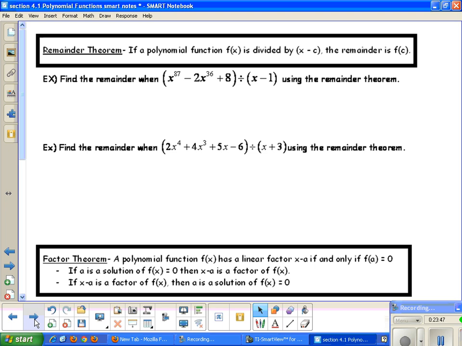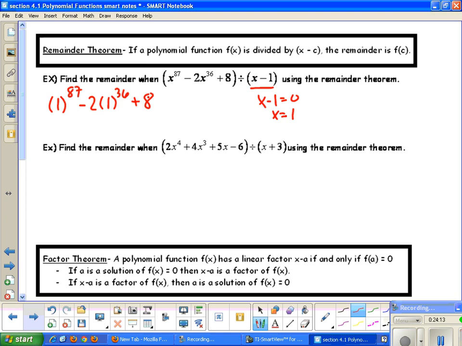If I want to do that, the remainder theorem states that if I take this and set it equal to 0, I get x is equal to 1. I'm trying to test 1 to see what it is going to be for the remainder. So now I take that 1, and I do 1 to the 87th power minus 2 times 1 to the 36 plus 8. When I do this, 1 to the 87th power is just 1, minus 1 to the 36th power is 1 times negative 2 is negative 2, plus 8. And when I do this, I get a remainder equal to